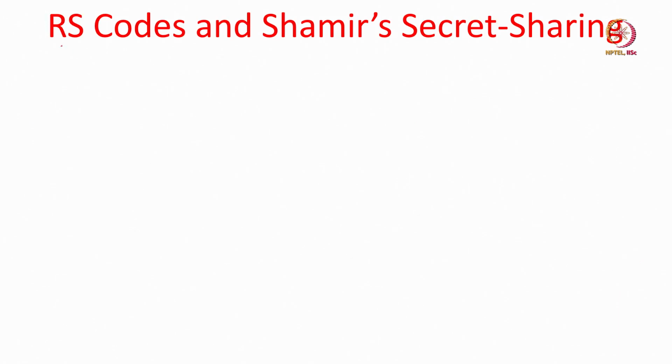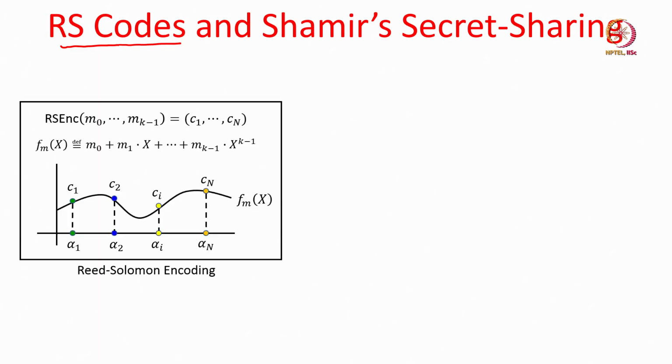Now, we want to see how Shamir's secret sharing can be seen as a special case of Reed-Solomon codes or vice versa. So, let us first recall the Reed-Solomon encoding algorithm. In the context of the Reed-Solomon encoding algorithm, there is a message consisting of k elements from the field, and to compute the Reed-Solomon code word for this message, where the code word size is big N, a message